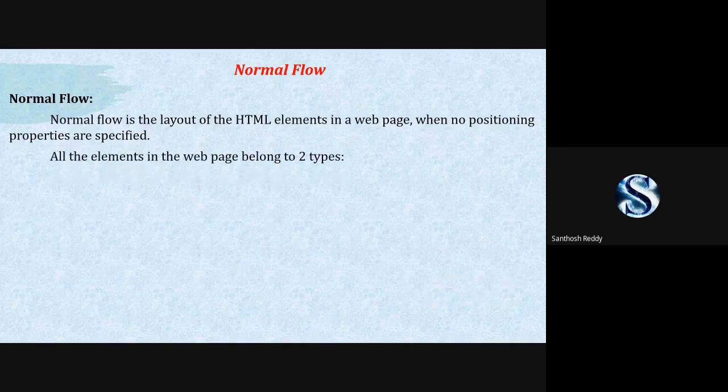There are two types of elements in a web page. One is block elements, another is inline elements. Can anyone say what the block elements are?